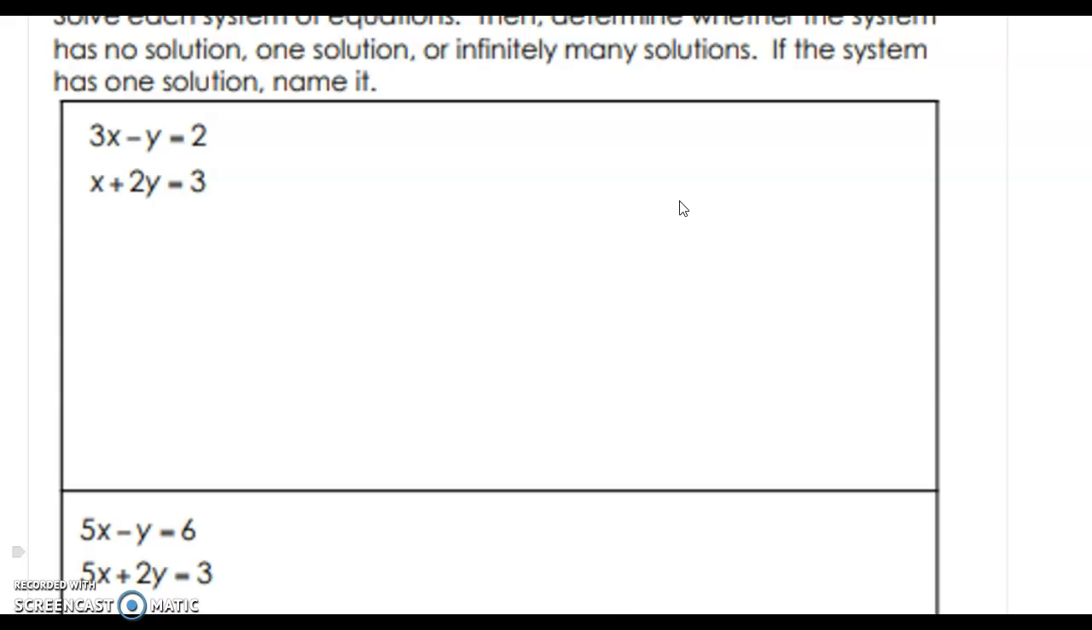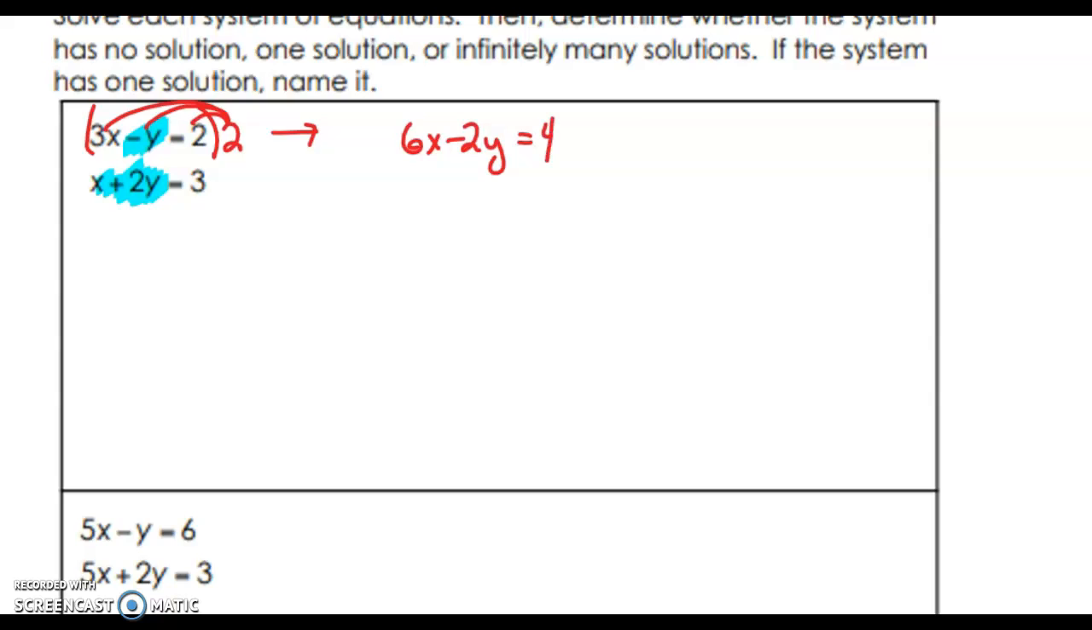So this first one, you can eliminate the x or the y, it doesn't matter. Let's say we want to eliminate the y. So if we're going to eliminate the y, we have a minus 1 and a plus 2. Well, I need them to be the same. So if I multiply this top equation times 2, what that will do for me is it will give me a negative 2y. So we have 6x, because 3 times 2 is 6, minus 2y